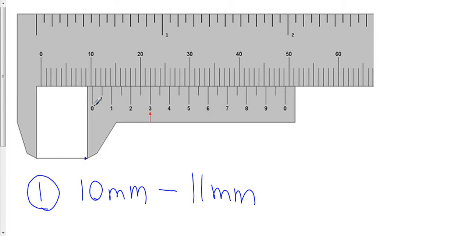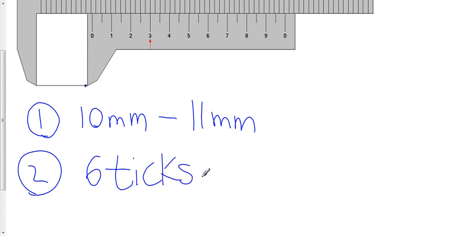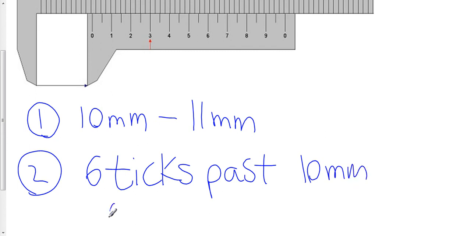So what we're going to do is look at where the next tick on the moving scale lines up with a tick on the fixed scale, and I have a little arrow here to indicate that. That happens right here on the 3. It's like 1, 2, 3, 4, 5, 6 ticks, and each of them is 0.05. So I can say 6 ticks past 10 millimeters, and each tick is 0.05, so that's 6 times 0.05 millimeters,